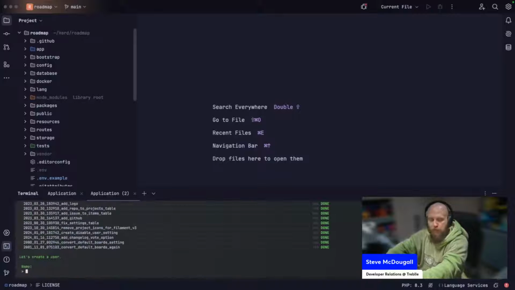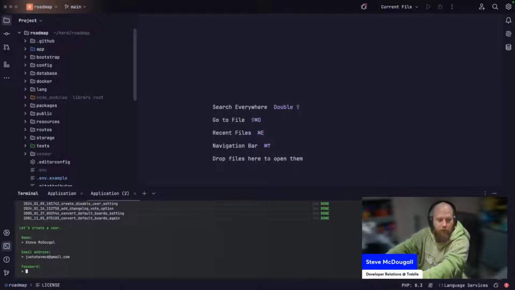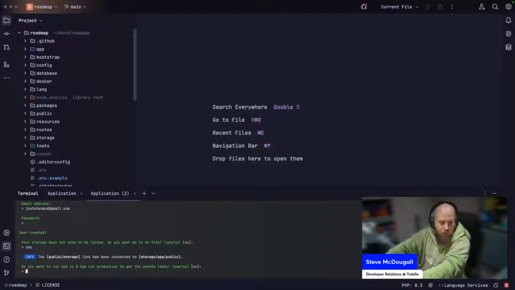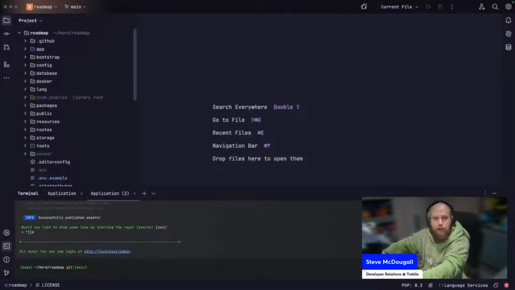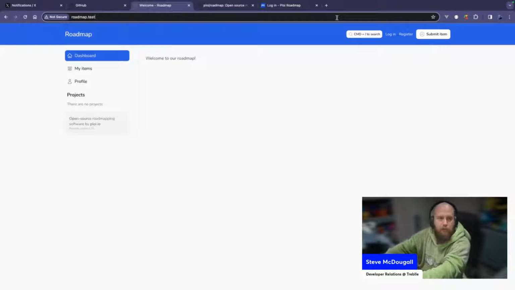Now I need to create my user. So I could say, my name is Steve McDougall. My email is, I can never spell my name. What computer am I on? gmail.com and password. Yes, link the storage. No, I don't need to run that. Don't need to star it. And there we go. So now if I reload and go to admin,